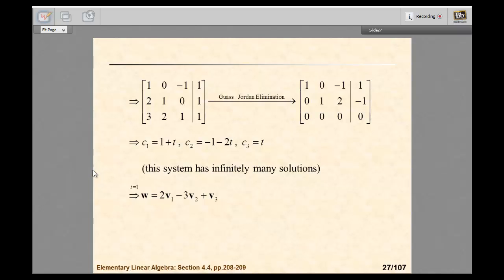When you try to solve these, you will get this type of solution. If you remember, whenever your last row is all 0, it means you have infinitely many solutions. So your solution will be C1 is equal to 1 plus T, C2 is equal to 1 minus 2T, and C3 is equal to T. So put different values of T, you will get different solutions. If you put T is equal to 1, you will get W is equal to 2V1 minus